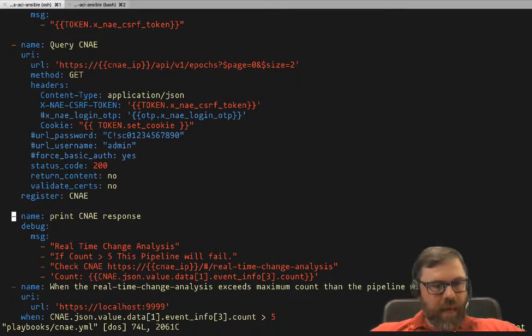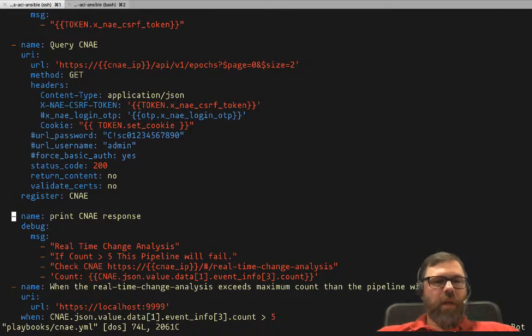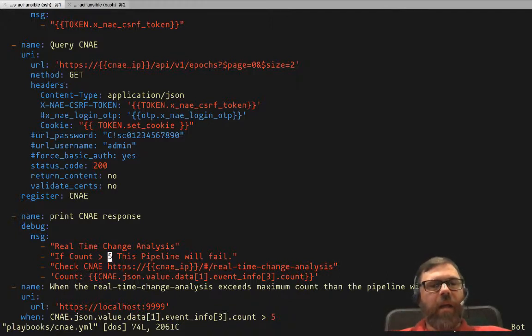What's important is I had some logic in this playbook that I use for a condition. So basically what I'm saying is if we have a count greater than 5, and the reason why the number is 5 is because in the out-of-the-box configuration of ACI, there is an information counter that starts at 3. There's a couple of things that I'm unable to clean up because I don't have a valid license, and some of the other dependencies that trigger some of these events in the APIC, such as only having a single APIC versus multiple APICs. So because I'm unable to resolve those issues, I do have some counters out of the